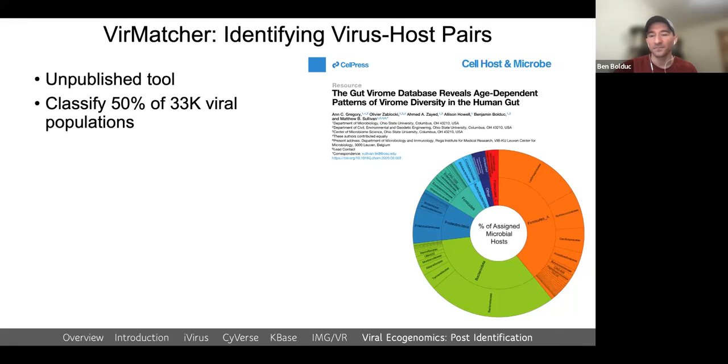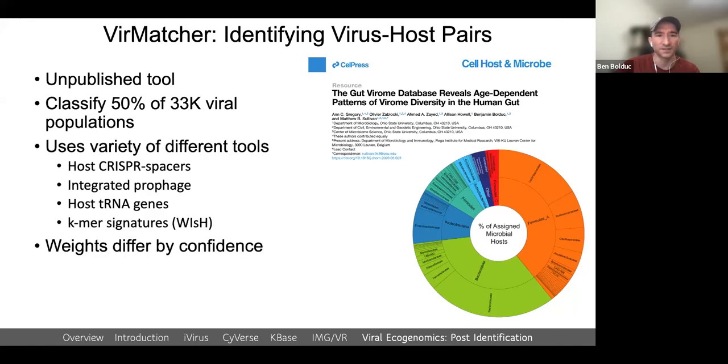Yeah, I should explain what it is. So basically, it identifies the host for viruses in your metagenomic data set. It is a tool that basically leverages a variety of different tools. So CRISPR spacers, prophage, host tRNA genes. It uses KMER signatures provided by WISH, and it aggregates all of those results into kind of a cohesive framework